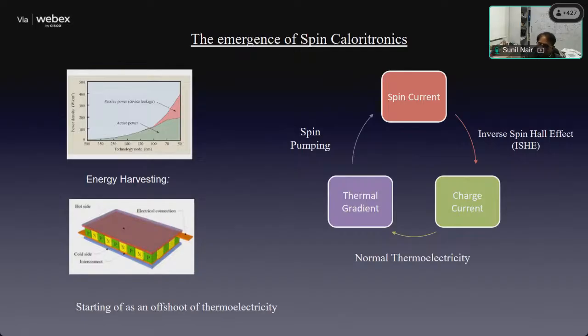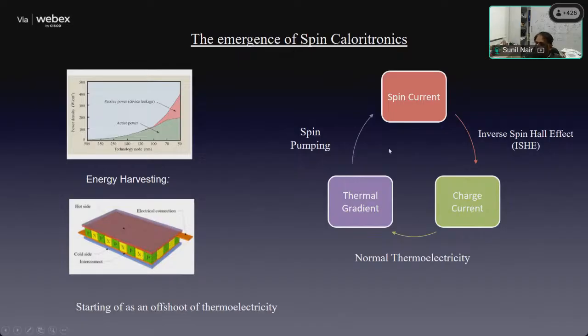You have waste heat in a number of physical processes, like it can even be your automobile engine, which generates a lot of waste heat. And the question is, can one harvest that waste heat to usable forms of energy? And that is how the area of thermoelectrics came into being. Now, if this material which you're trying to use also has a magnetic element to it, then you're looking at magnetothermal electricity. Okay, and that is where spin caloritronics comes in.